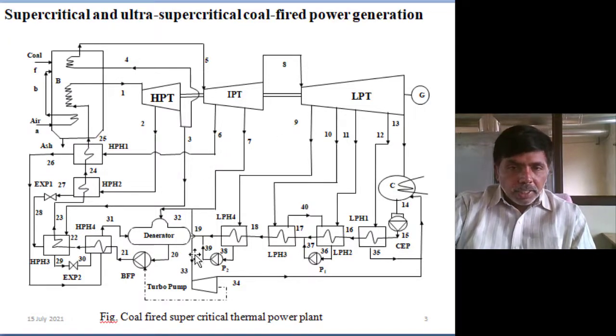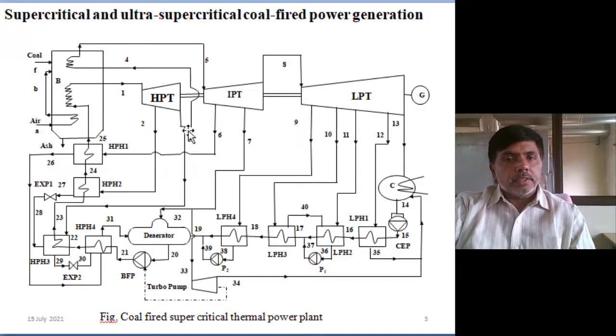For running the boiler feed water pump from the deaerator to the boiler, we are using some steam extracted for feed water heating and deaerator mixing. Some of the steam is used for running the pump, so we are running a small turbine. This is the makeup turbine for running the pumps. So for running the pumps, we are not extracting energy from the main turbines. Some steam is extracted and a small turbine is run to fulfill the needs of the feed water pumps.